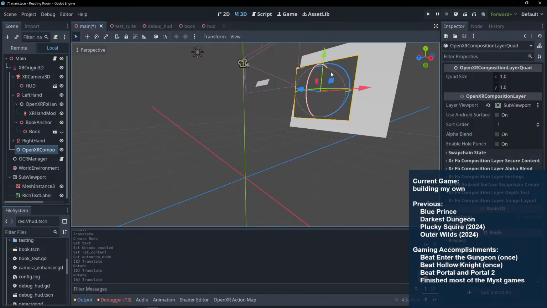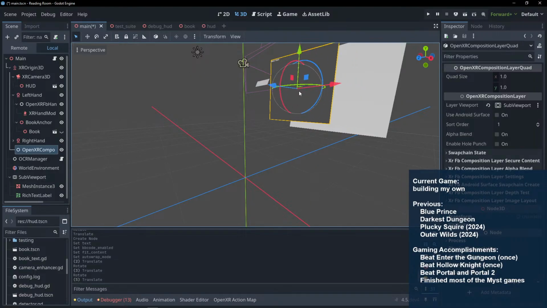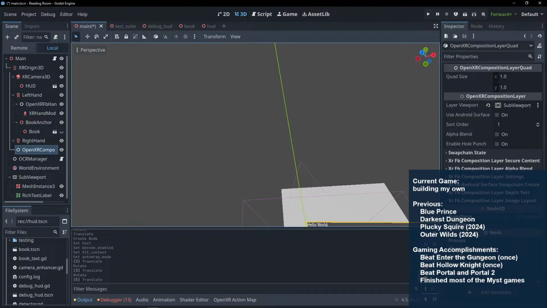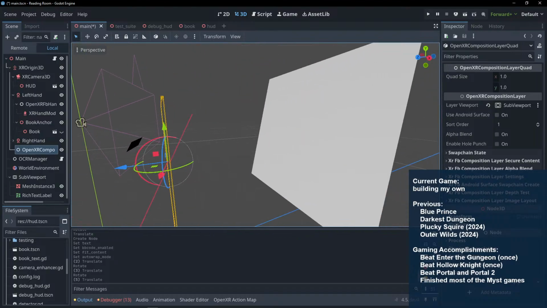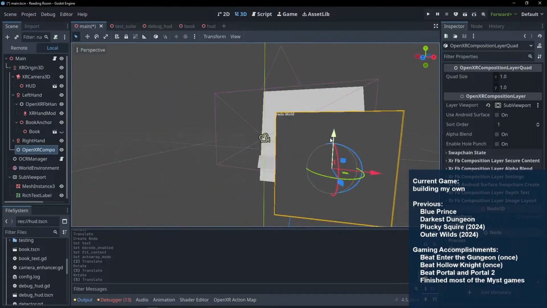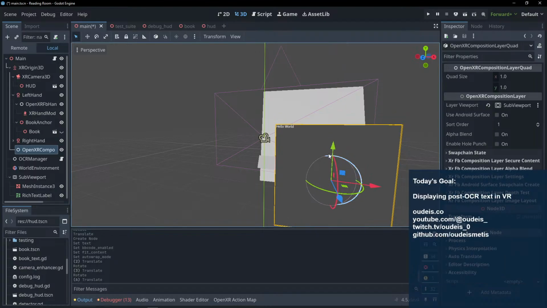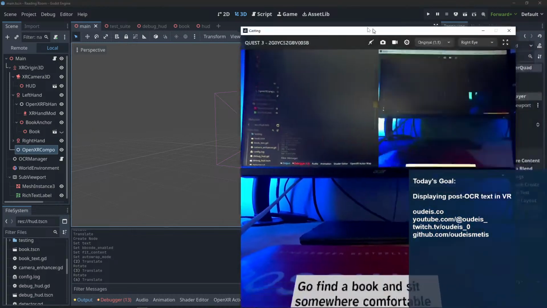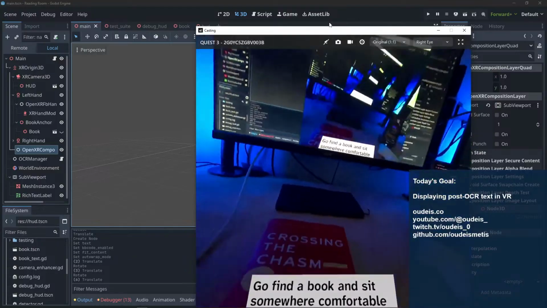I'm gonna go up a little bit. Let's go closer to the camera. So it should be there. And it should be big and bold and obvious. I don't see that there